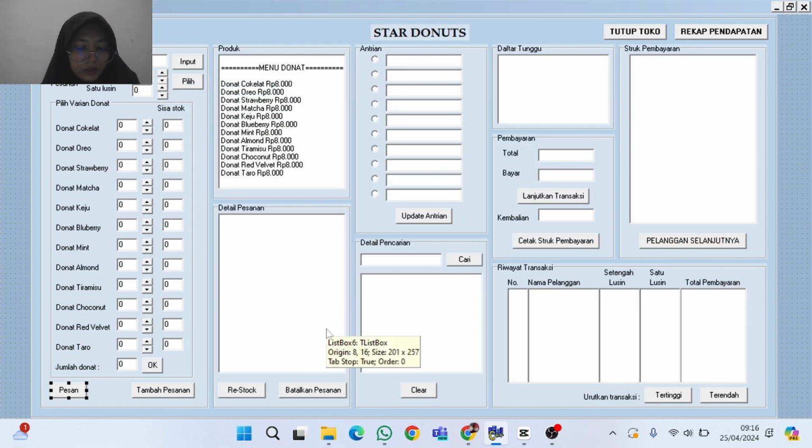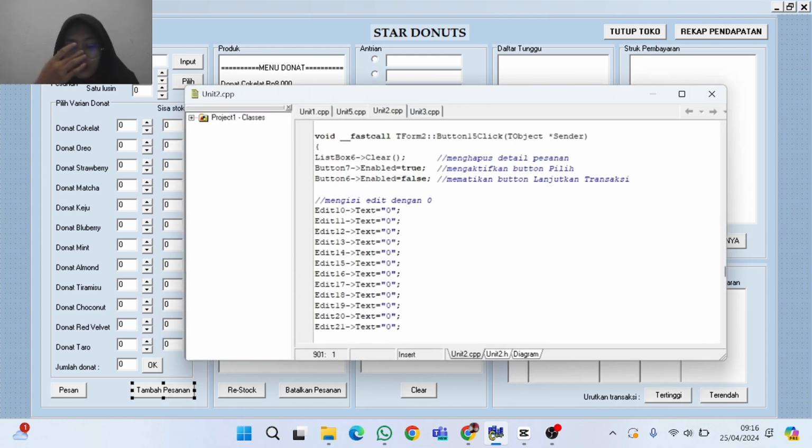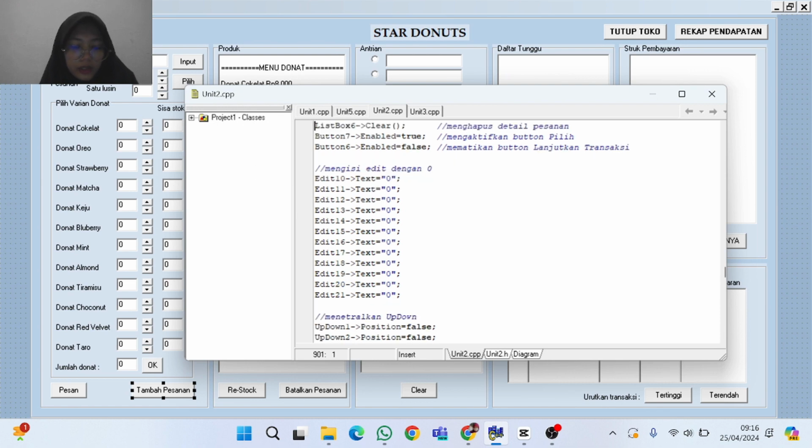Next, this add order button will delete the order details, activate the select button, and turn off the continue transaction button because the customer wants to add an order. All edit donut variants will be deleted.